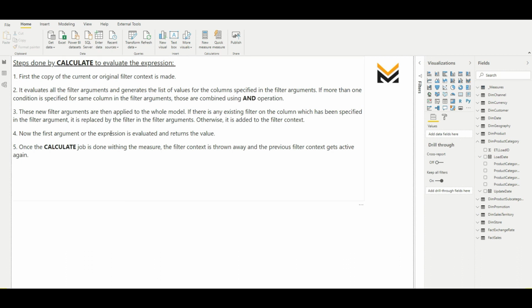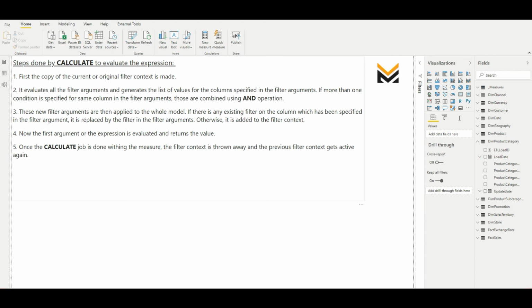So if there is any existing filter on the column which has been specified in the filter argument, it is replaced by the filter in the filter argument. Simple. Otherwise it is added to the filter context. Suppose there is no filter already existing on the column which you have used in the filter argument, then that would be added to the filter context.